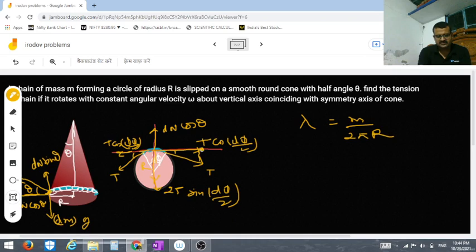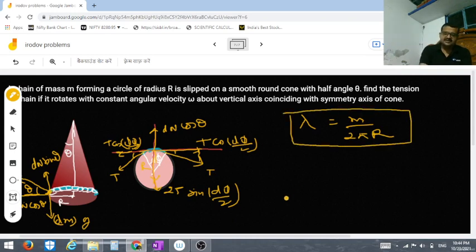m for mass of the chain and 2 pi r is the length of the chain, that's why mass upon length is the linear density, let it be lambda. This is a certain simple assumption. Now you can see, we will analyze the forces. You can see dN sin theta. Let me write here, dN sin theta is equal to dm into g,